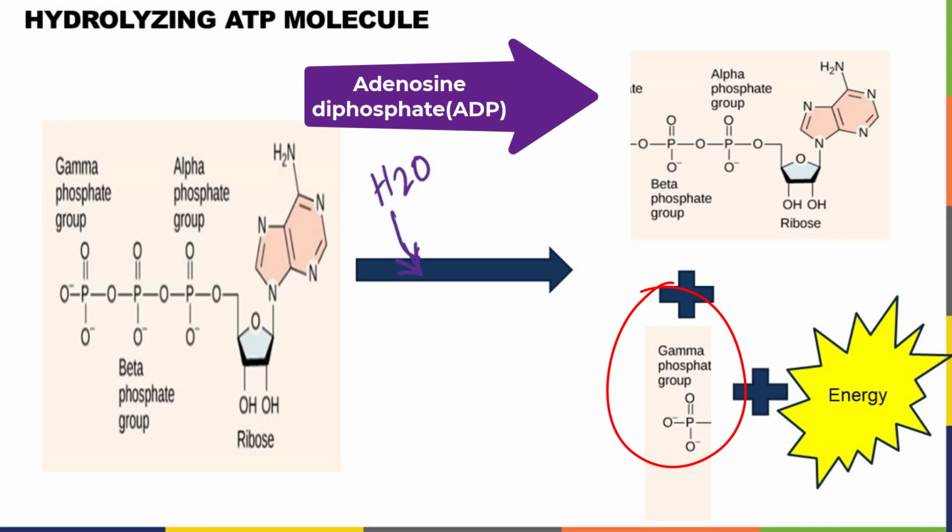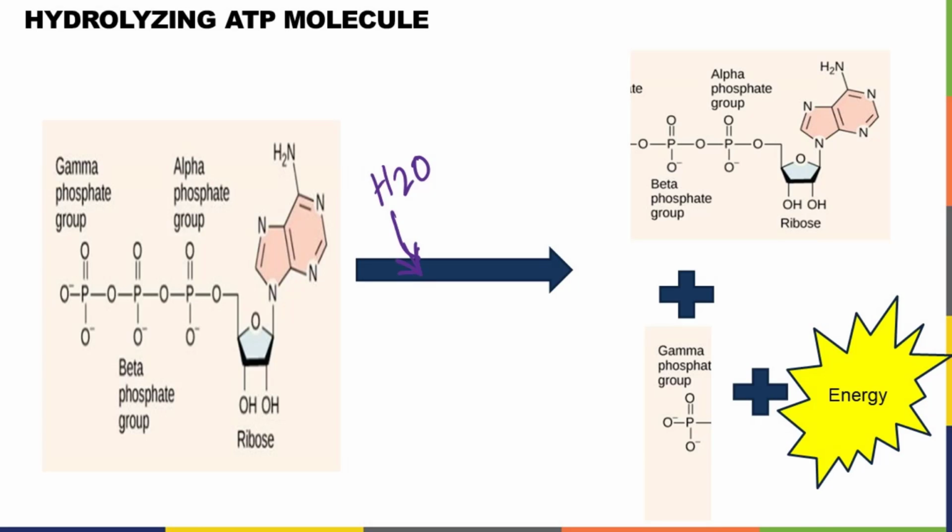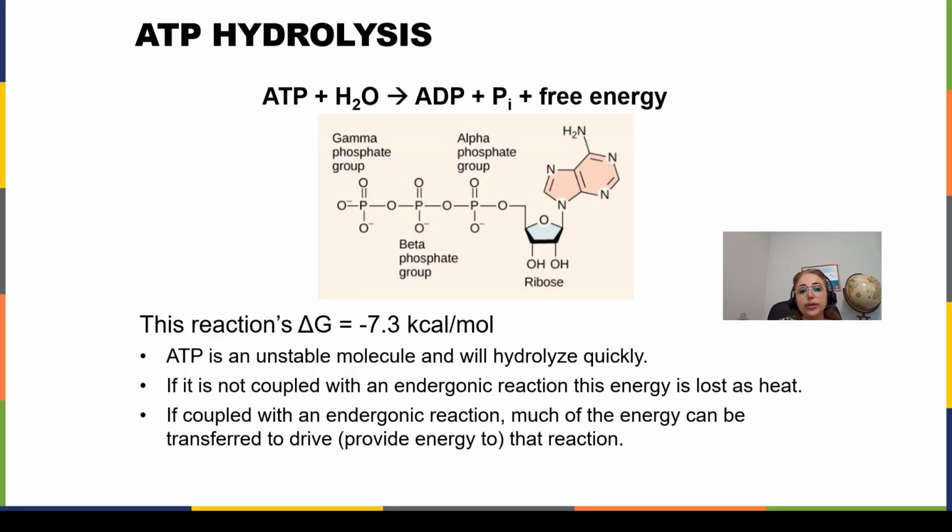In addition to these two, because it's an exergonic reaction, it also releases energy. Our cells use this energy to do this work. The delta G when you break down ATP to ADP to get energy is negative 7.3 kilocalories